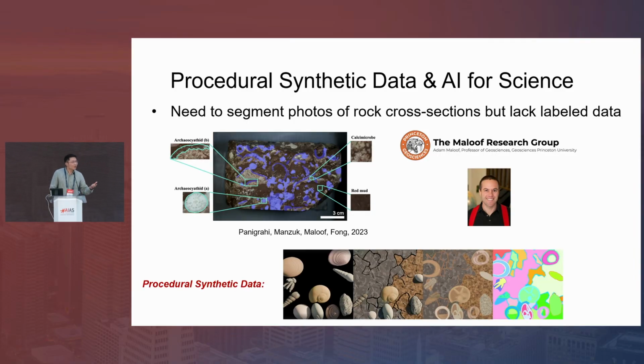So we're actually working on developing procedural generators for rock formation so that we can simulate the process of forming rock samples. We would have different kinds of objects like corals and animal-shaped objects, and we would sprinkle them in some matrix of the rock, and then we can simulate what the cross-section would look like. Because everything is procedurally simulated, we can automatically obtain very high-quality ground truth, and we can use them to pre-train or fine-tune existing segmentation models.